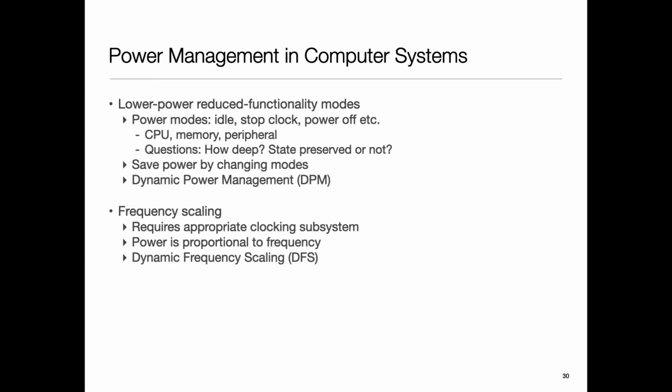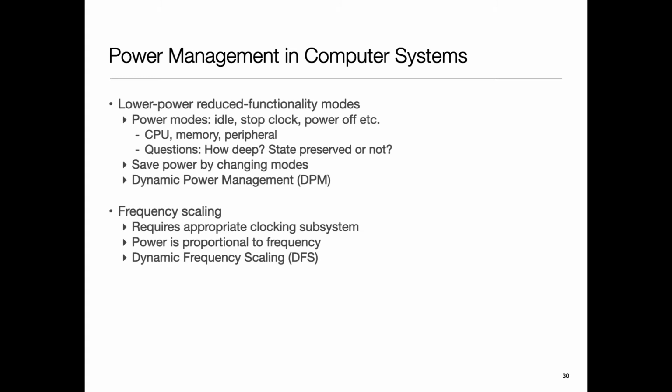Now, if you think about the way these systems are designed, there is a clock source, which is usually what? Where does the clock come from? PLL? Crystal oscillator. Yeah, that's the most common. So the crystal oscillator is the source. The PLL multiplies or divides the frequency, and then you distribute it. If you look inside, like that NRF processor, you'll see there are many different clocks in there: one going to the core, some other going to the USB, radio, different peripherals, and so on. So here we are talking about scaling the frequency going to the processor core.